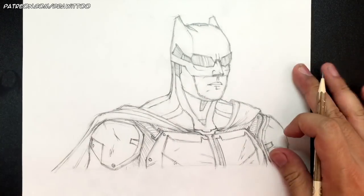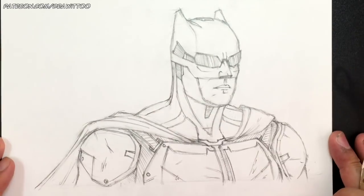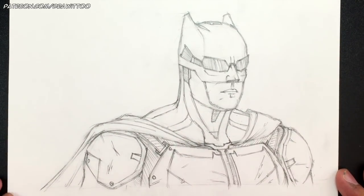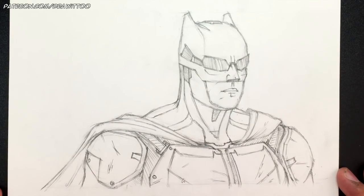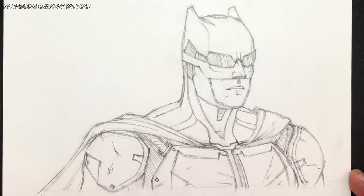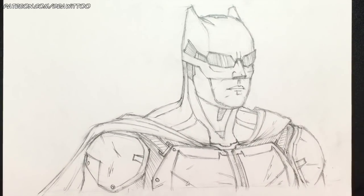And there you go, you guys. So once you have that, we are finished. And that, you guys, is how you draw Batman from Justice League. This is, of course, the tactical armor suit that he uses to fight Steppenwolf in the latter part of the film. Now, if you guys have seen the film, make sure to let me know what you thought of it